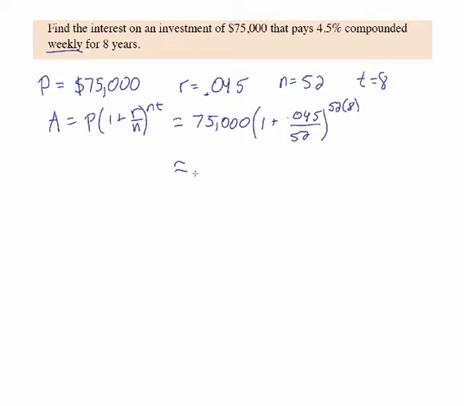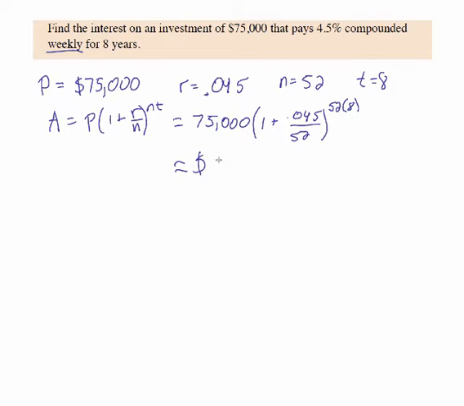But for what it's worth, one of the great things about a graphing calculator is it allows you to do calculations like this all at once. And if you can do that, that's always preferable because it's going to minimize your rounding error. So I'm just keying into the calculator exactly what it looks like. 75,000, open parentheses, 1 plus 0.045 divided by 52, close parentheses, exponent key, parentheses for the whole exponent, 52 times 8. And entering that, I get a future value